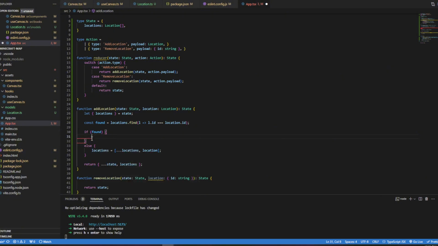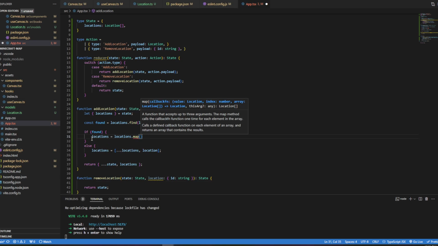Map is one of the array functions, and the cool thing about these functions, map and filter, and there are a few others, is that they also give you a new reference for your array, which is beautiful because then you don't have to wrap it in a spread. All you have to do is locations equals locations.map, and then you have your map function, your callback